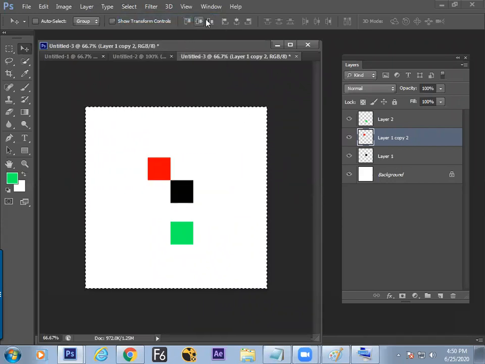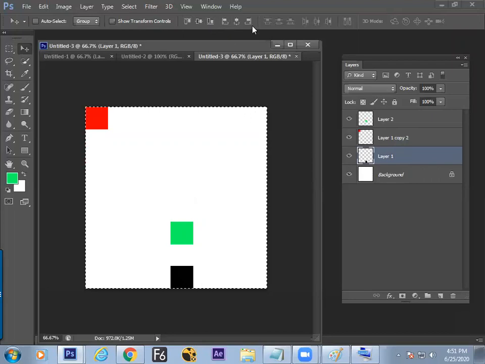Now you can find this button get highlighted. Though you are selecting one, still you can find this. Now move to the top and the left. Do the same job for others. Move to the second layer or third layer and do down and right. And select this and get it center and center. So we have understood now how to do the alignment with reference to the canvas edge.